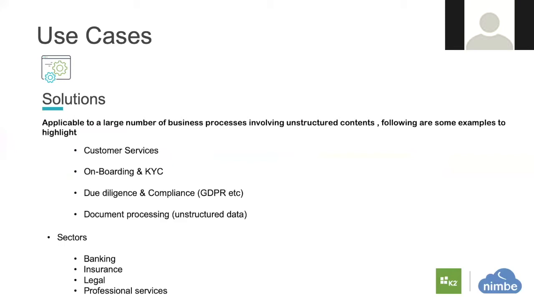It doesn't have to be just documents; things like phone calls. Ultimately, a voice call is just an MP3 file or an MP4 file. The PDFs, emails, these are all unstructured contents on which a machine learning based algorithm can actually identify what it is and then deal with those contents and extract features out of those. And a lot of this is applicable in a number of sectors, but mainly banking, insurance, legal, and professional services that tend to have more requirements for document-driven processes and unstructured contents.